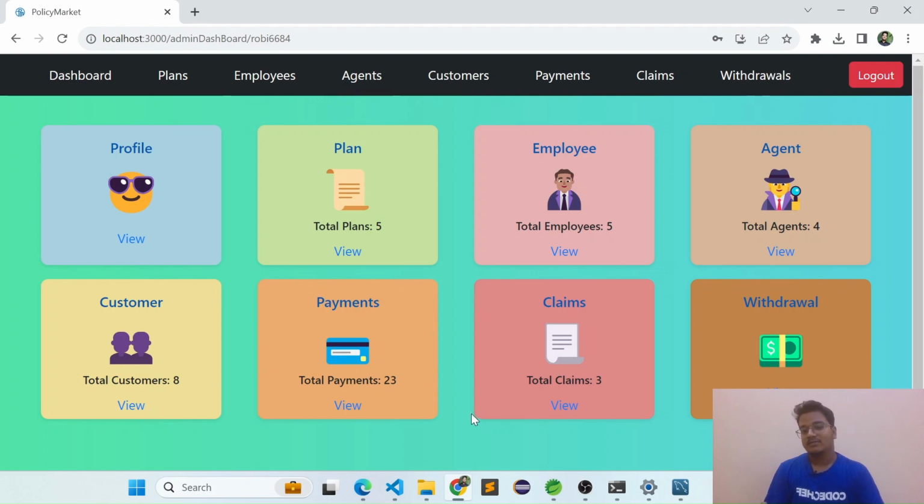Whenever a user logs in, one token is generated, and by validating that token, the user is transferred to their particular portal. As you can see, Robbie6684 is an admin, so he gets transferred to the admin dashboard. Suppose any user like Saruk that we have added recently, he is a customer, so he will be transferred to the customer dashboard. Okay, so this is the admin dashboard, and as you can see, there are beautiful cards like